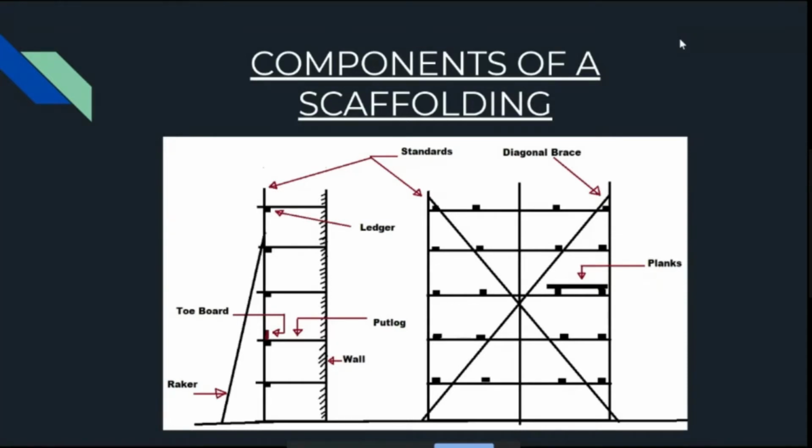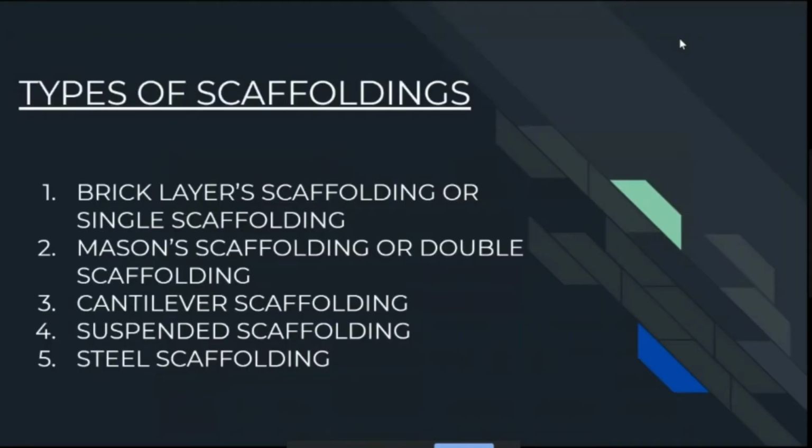Then planks, also called as boarding. These are horizontal platform supported on putlogs and is used for the support of workmen and materials at the time of working. And the last member are the rails, guard board, or the toe board. So these members are provided at a safe height above the working platform to guard against workmen, materials, and appliances from falling down. So the types of scaffolding.